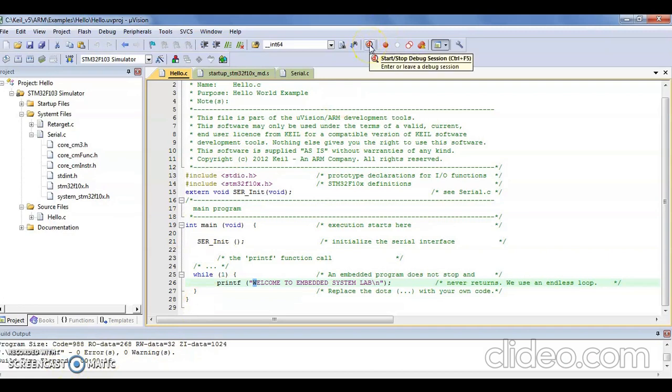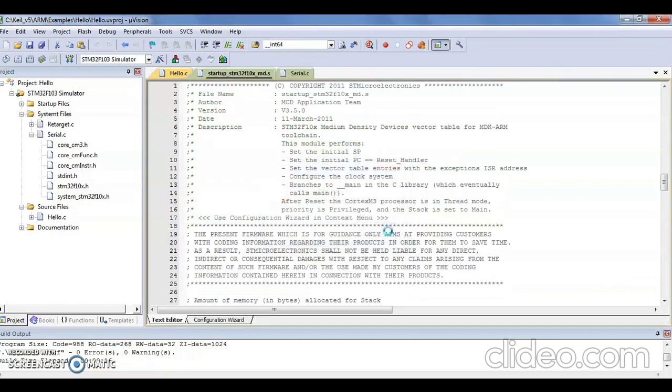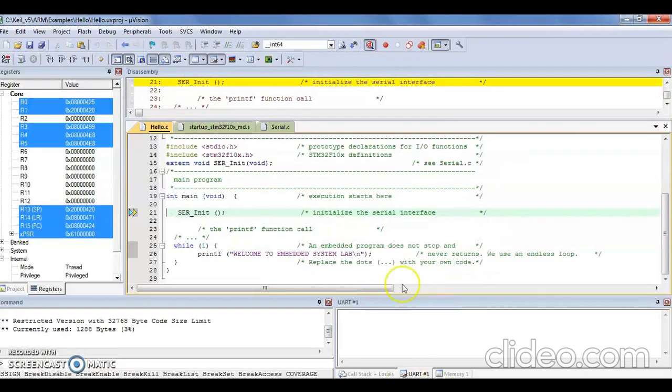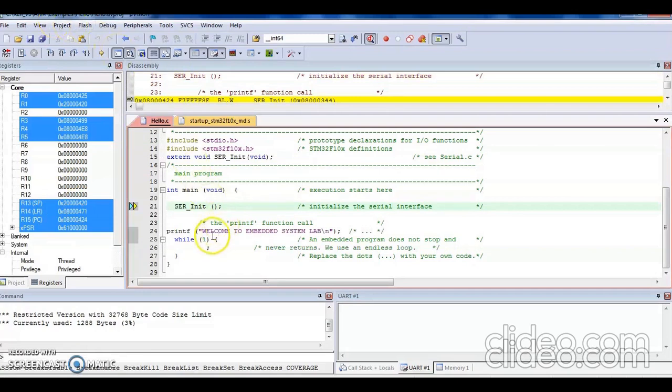Go to the red colored debug start/stop, Ctrl+F5, which will turn on the debugger. Once you run the debug, you can see the memory and serial windows on the UART opening, and all the registers shown here contain the different addresses.